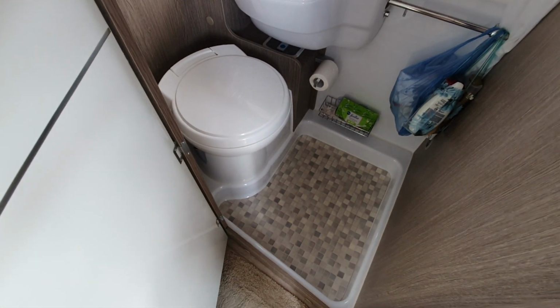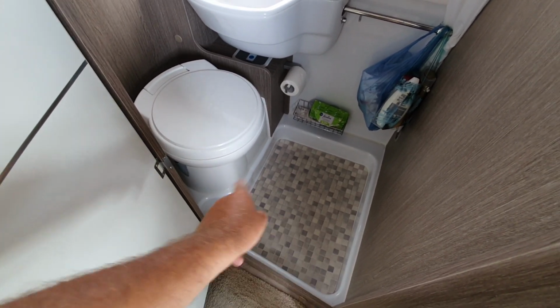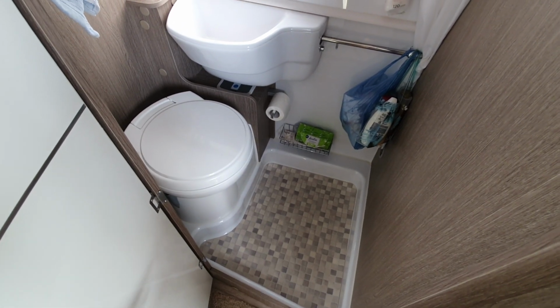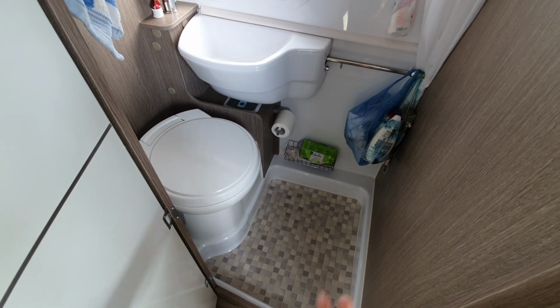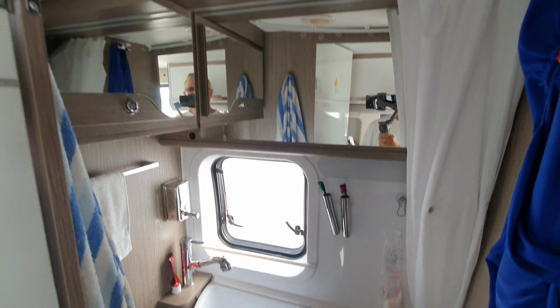Now what they've done here, now I'm all in favour of duck boards, so I've noticed a number of people do this. They put a bit of lino down there, and I think actually I'm beginning to change my mind on this one. I think that might work better. I don't know, haven't tried it myself, so I'll try it myself and then I'll know better. But anyway, there we have it,